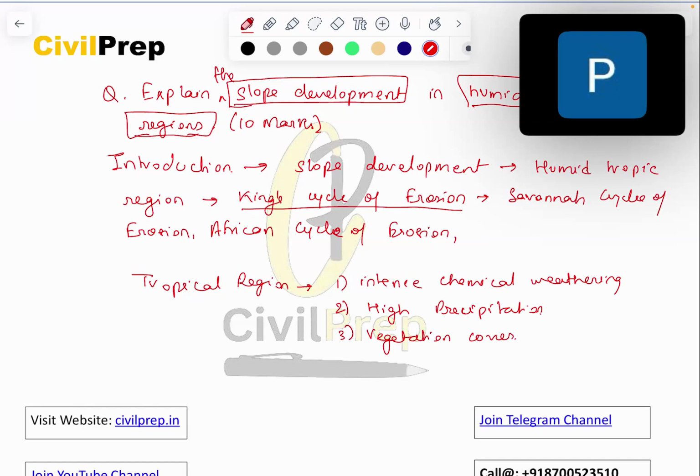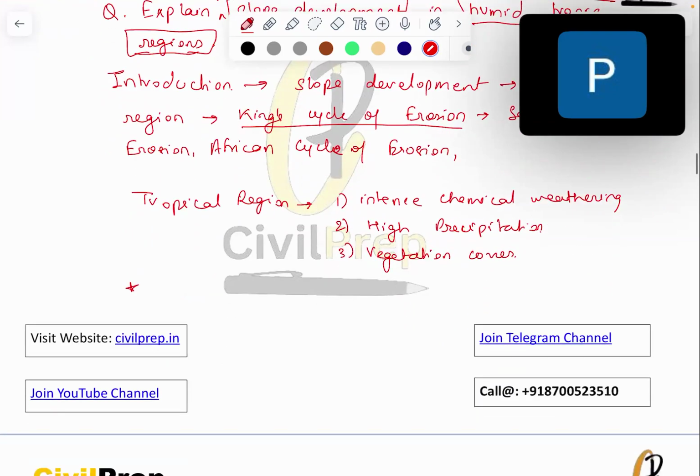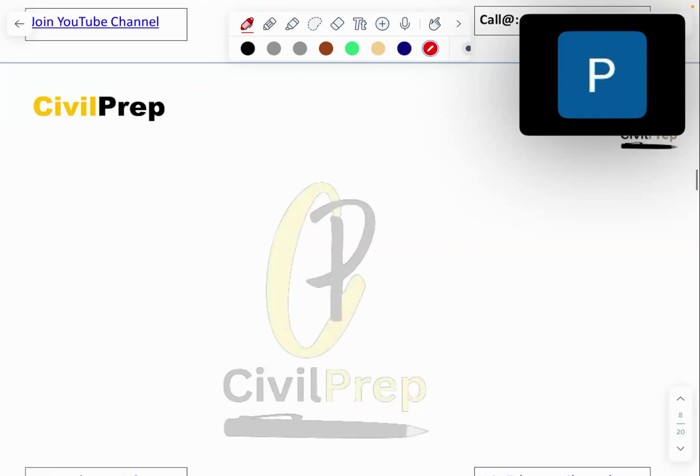So here we need to apply King's slope replacement theory. Okay, slope replacement theory is provided by King. We will see here that